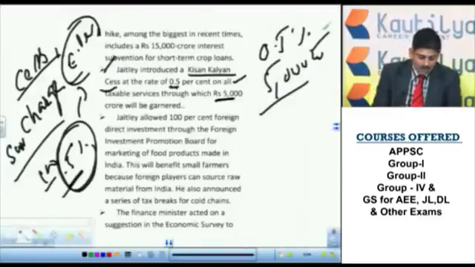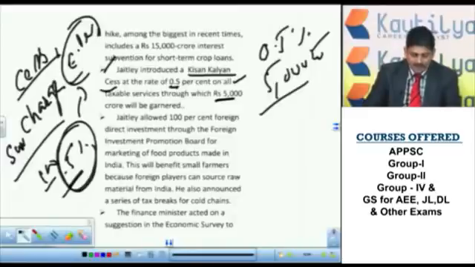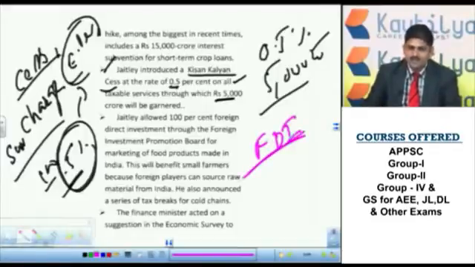Now, what is the other important thing introduced in order to help the farmers? FDIs. What are FDIs? Foreign direct investments. Again, foreign direct investments are subject to the regulations or conditions of the Union Government. So in all sectors, FDIs are not allowed. That means foreign companies are not allowed to invest whatever amount they want. The government regulates those investments. That is known as foreign direct investments.